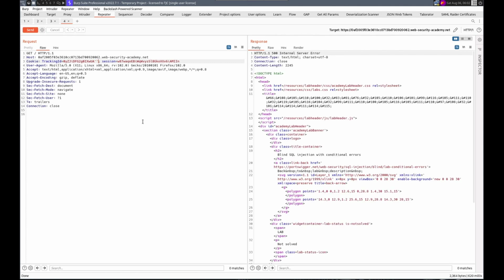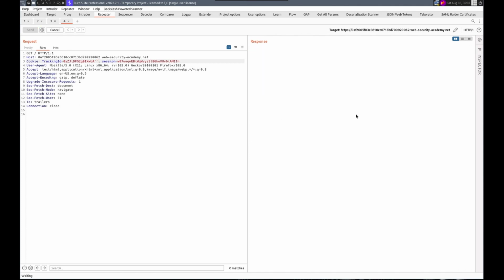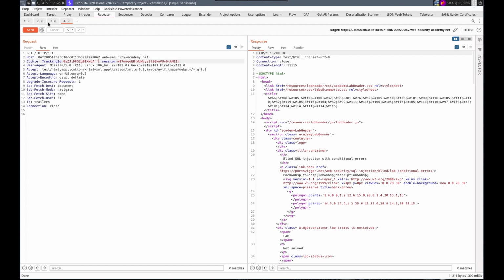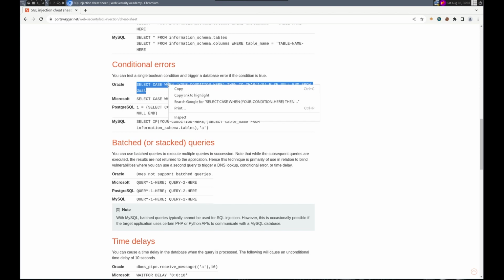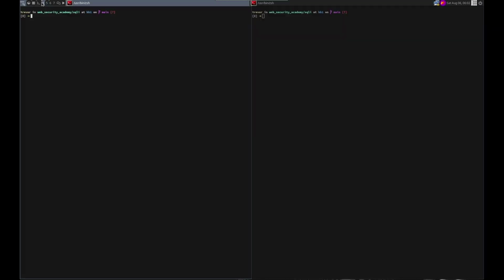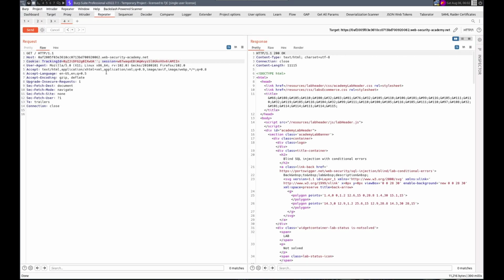If we add 2 single quotes, we get a 200. If we add on from conditional errors, this single quote, this to add, Control V, dash dash space,